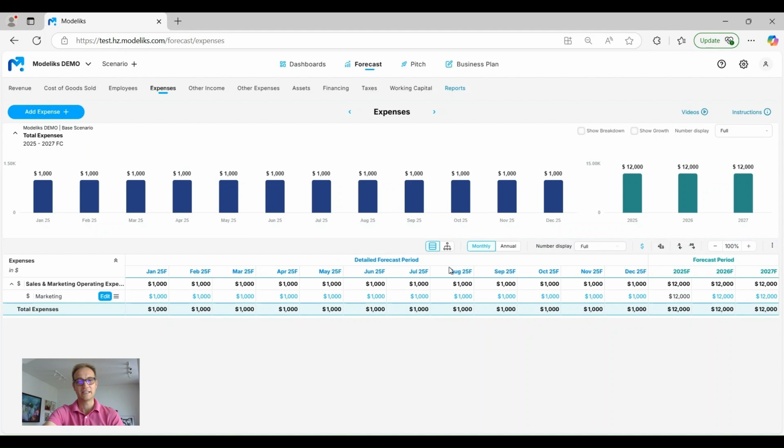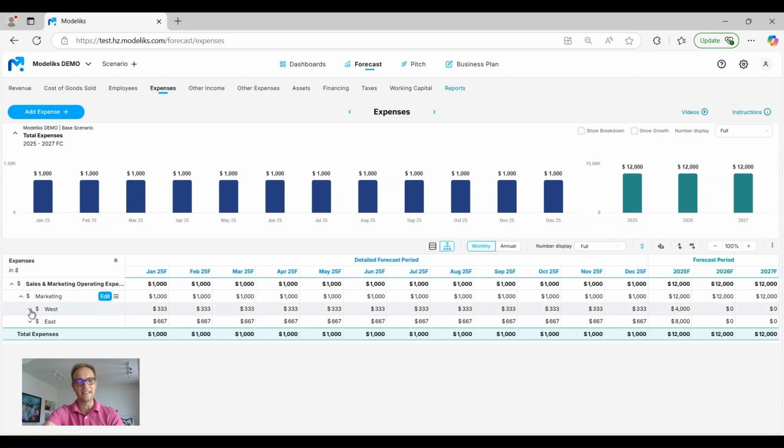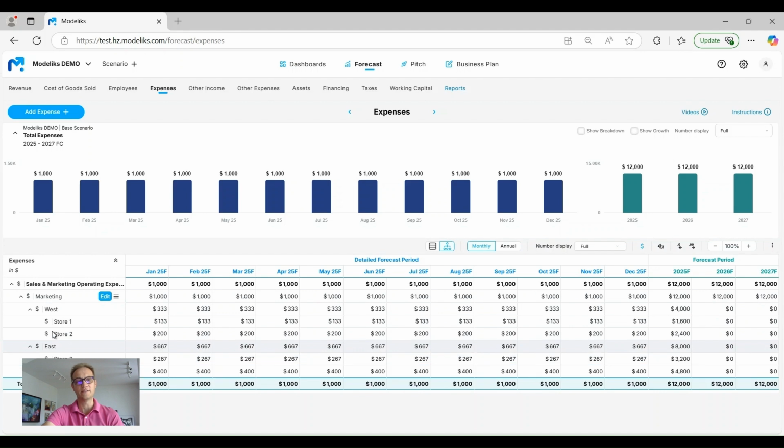But if I click on this icon here, the company structure icon, I can see how Modeliks allocated my marketing cost all the way down to the stores. Meaning, total marketing cost at a company level is 1,000. Region West gets $333 cost, and region East gets $667 cost, and that continues to get allocated down all the way to a